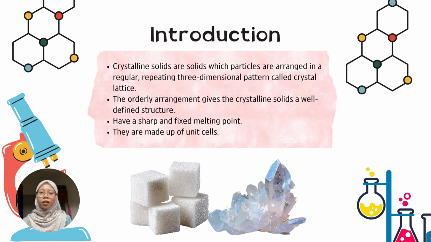Crystalline solids are solids in which the particles are arranged in a very regular and repeating three-dimensional pattern known as a crystal lattice. Because of this orderly arrangement, crystalline solids have a well-defined structure. One important characteristic of crystalline solid is that they have a sharp and fixed melting point, unlike amorphous solids. This means they melt at a specific temperature. Crystalline solids are also made up of a repeating unit called a unit cell, which build out the entire crystal